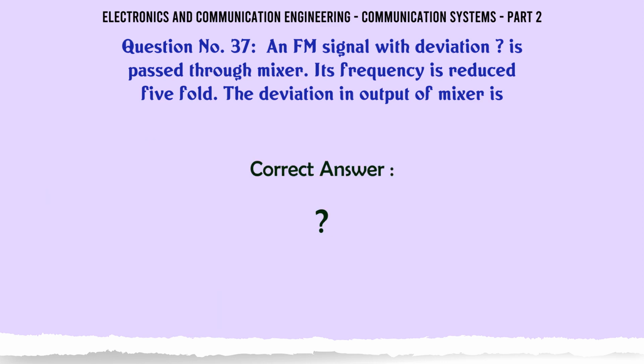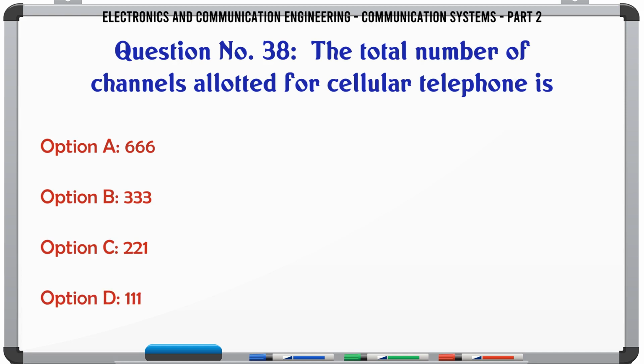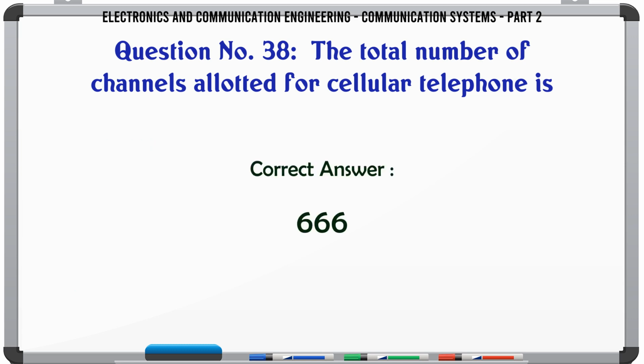The total number of channels allotted for cellular telephone is A. 666, B. 333, C. 221, D. 111. The correct answer is